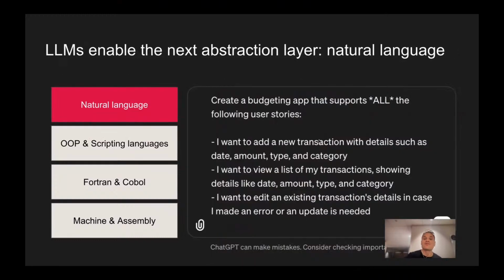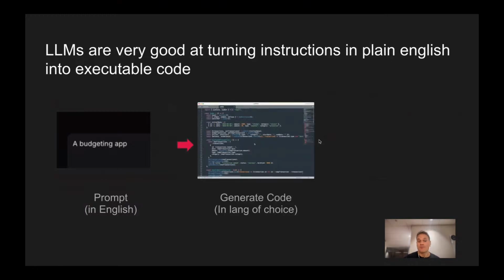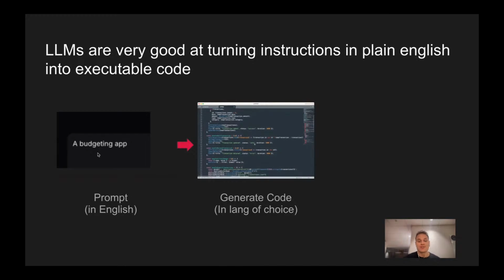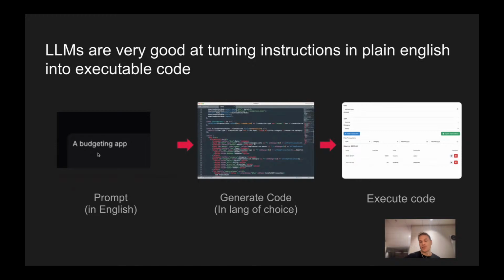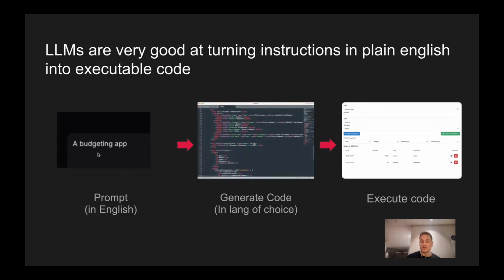The wave we're riding on is the next level of abstraction that large language models enable, which is using English simply to describe the requirements of what you want to build, and then using LLMs to convert English into code. And this is basically what Lovable does. It takes a prompt, typically in English, but also in any language you might speak. It then uses LLMs to generate code, and we show and execute the code in a preview so that it's super visible for you. And you get this fast